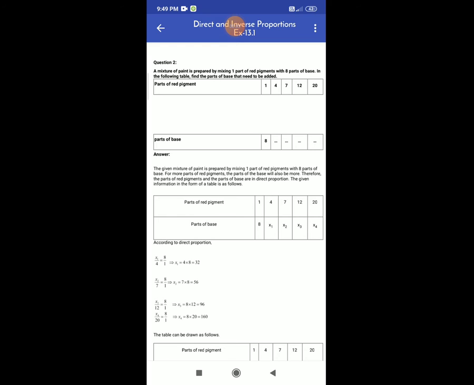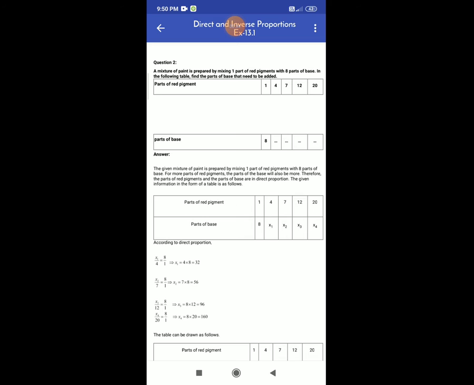The given mixture of paint is prepared by mixing 1 part of the red pigment with 8 parts of the base. So the more parts of red pigment, the more parts of the base there will be. Therefore, the parts of the red pigment and the parts of the base are in direct proportion, and the given information in the form of a table is as follows. Parts of the red pigment is respectively 1, 4, 7, 12 and 20, and parts of base is 8, x1,